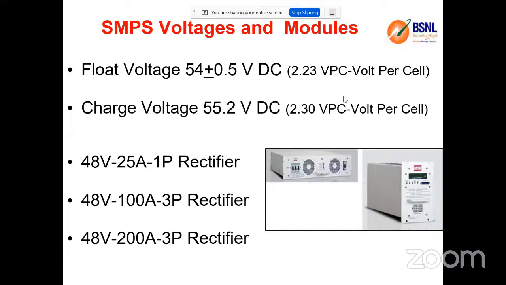So in the bottom, three lines are there. These are all the different capacities for single phase and three phase. These are all DC current. So the capacity could be 25 ampere or 100 ampere or 200 ampere. Just by identifying that, you could see how these hundreds and 200 amperes are possible. As we are converting the AC into DC and converting that 440 volt into 48 volt, the current will be increased for the same power. As we are reducing the voltage, the current value will be increased.